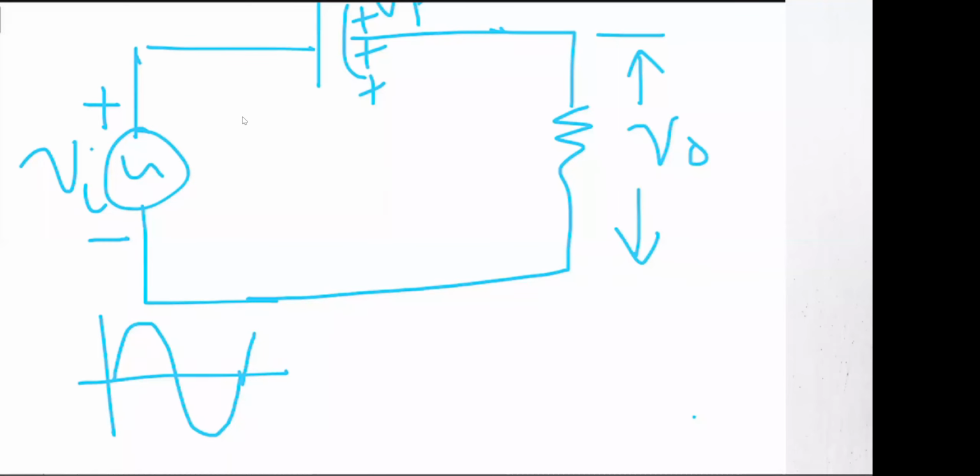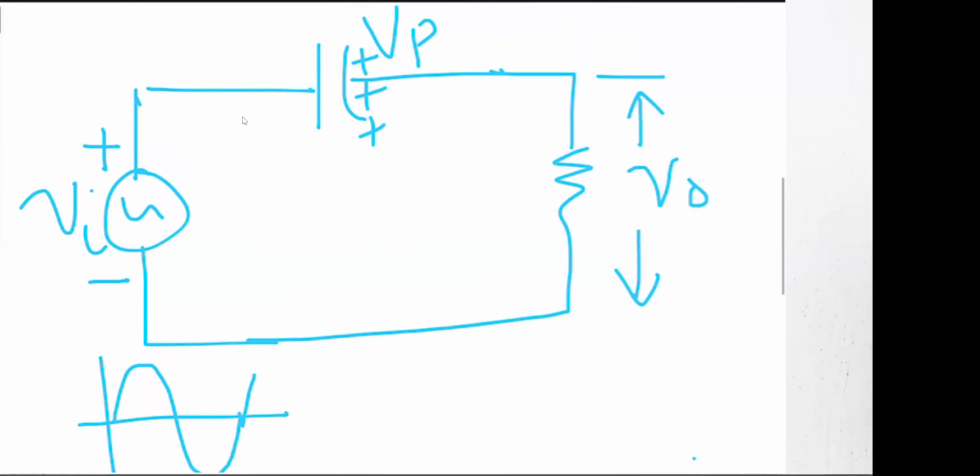And this is the circuit which is left with us once we are in the positive half cycle, right? So if you see, the capacitor can now discharge through the resistor,